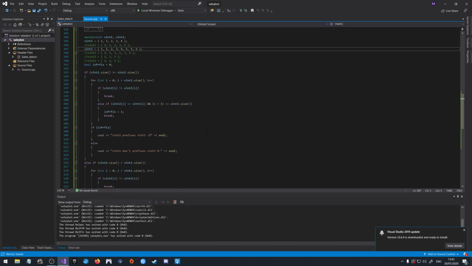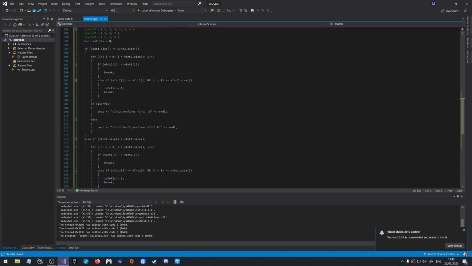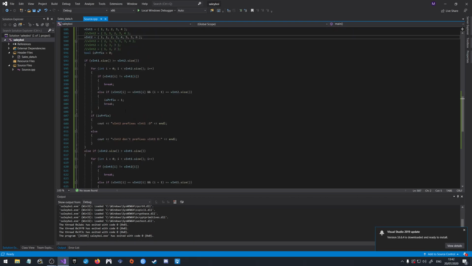Anyway, after that, we'll consider the first loop, because both loops work in exactly the same way. They just consider the vectors in one order or the other. So we'll consider the first if statement here: if vector vint1 is bigger than or the same size as vector vint2, we will